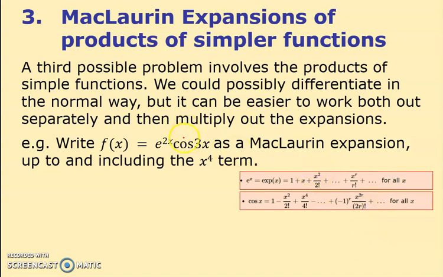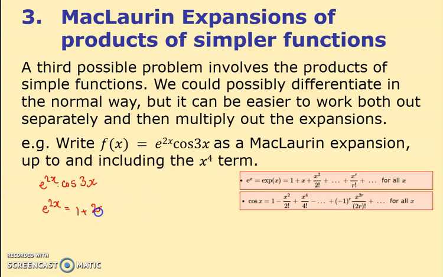It says find f of x equals e to the 2x times by cos of 3x. And I suppose the trick here is simply just to say, well, I can do both of them. Let's do the first one, e to the 2x equals, well, if I put it into there, I'd get 1